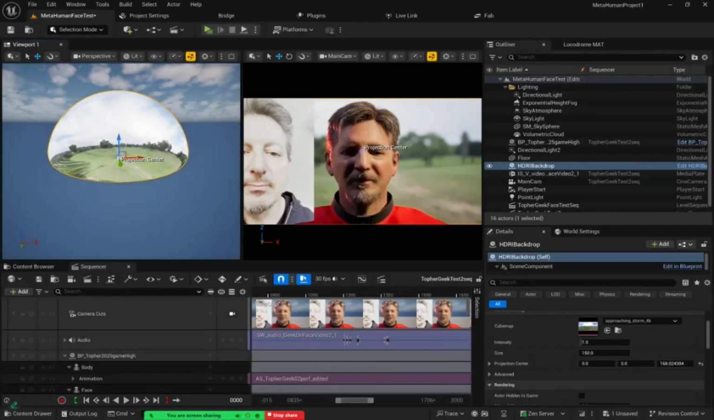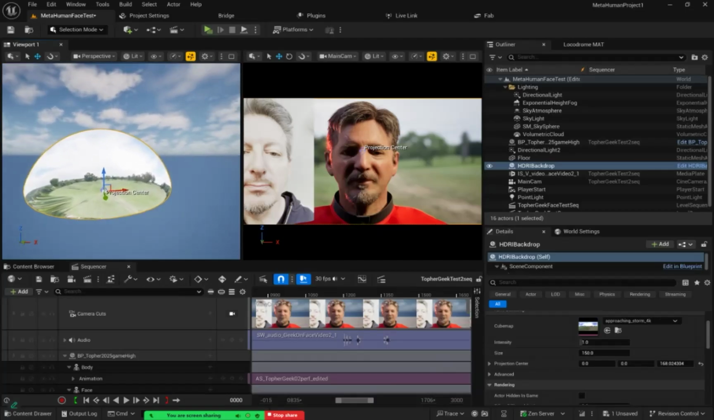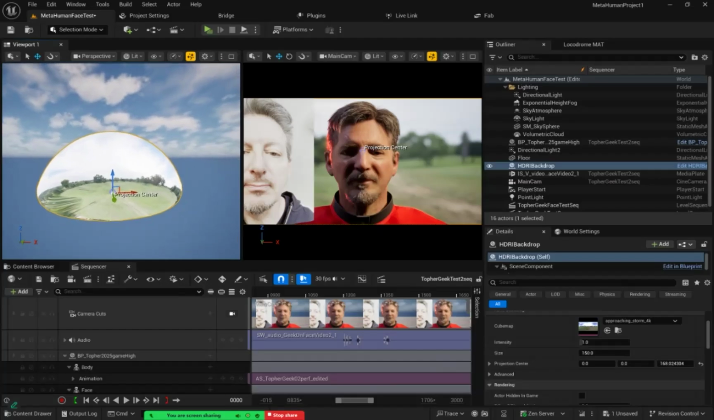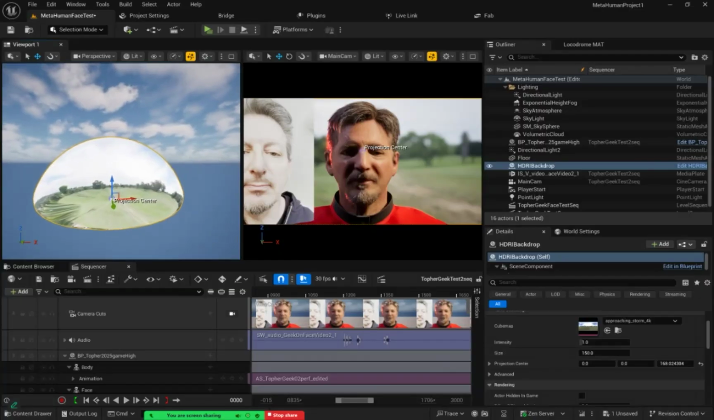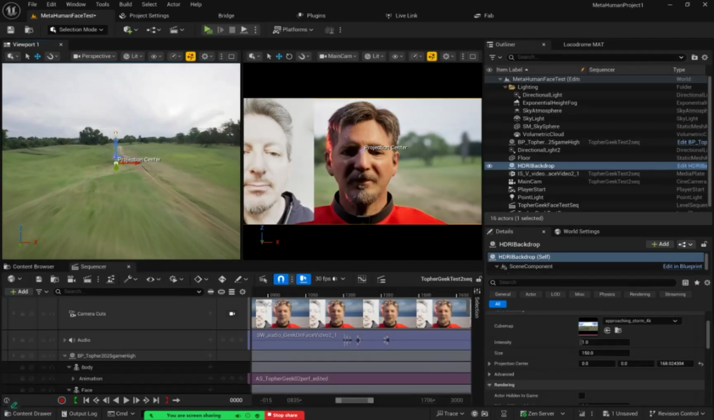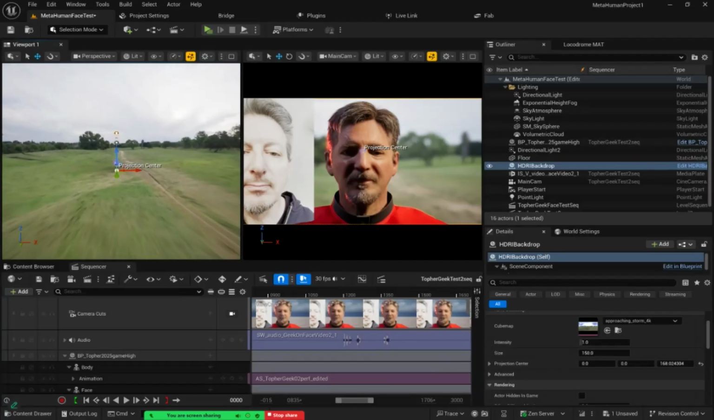Okay. That's what I wanted to see. So what we have here, thank you, is what this HDRI backdrop looks like. It's a big dome. And so if we want to see it correctly on the